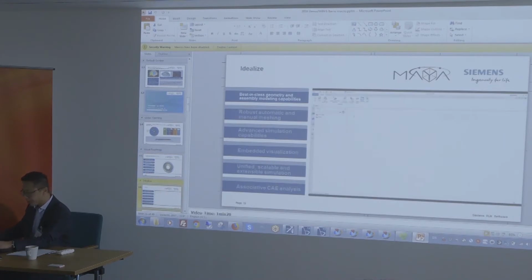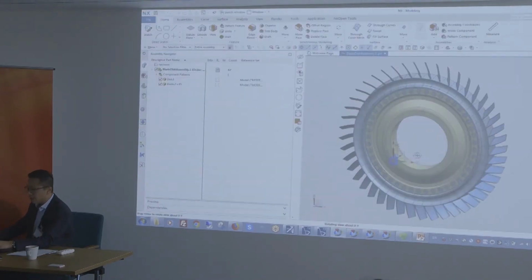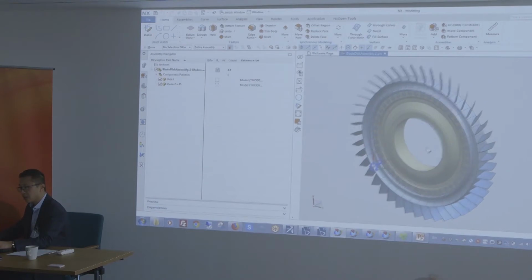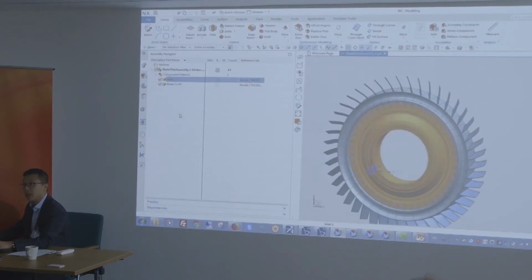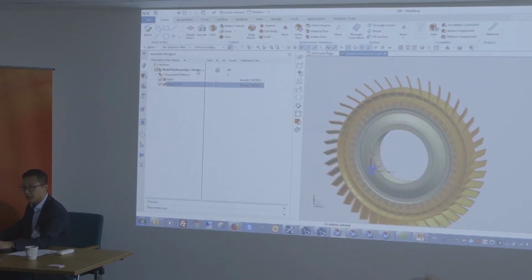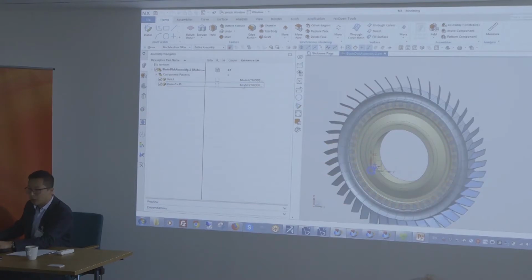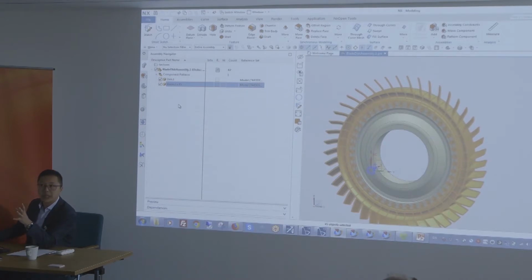All right. So this is kind of a segment of a compressor, right? So we have a main disk and we have a few blades that are assembled. Here I'm at the CAD level and I'm working with assembly. So although I'm referring to 45 identical blade components, under the hood it's the same part that you can modify and replicate. So that's typical of other tools.